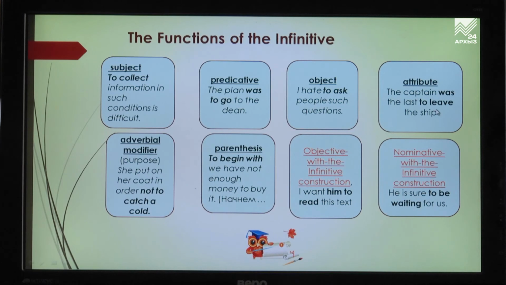That is an attribute, and it is expressed also by the infinitive with the particle to. The infinitive can be also an adverbial modifier, any adverbial modifier, but in this case we consider the adverbial modifier of purpose, обстоятельства цели. Может быть обстоятельством, может быть каким-нибудь другим обстоятельством. В данном случае это обстоятельство места,